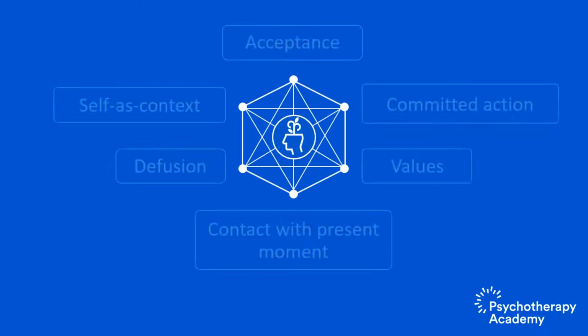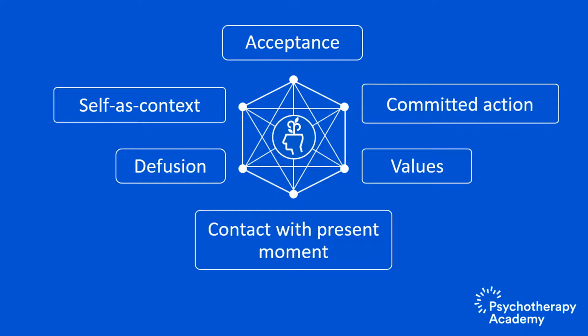The ACT Hexagon model shows 6 essential components to the therapeutic approach, and this video will highlight diffusion. The reason we'll talk about diffusion next is not because it is the second most important part of the model or the second thing you do with clients, but just because I flexibly chose to talk about it next. Strategically, I chose to talk about it right after acceptance because diffusion is somewhat similar.